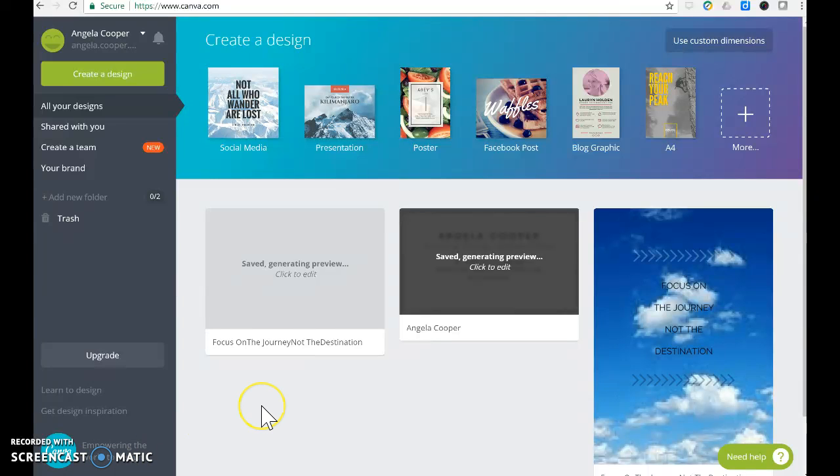Welcome. Today we are going to do a brief tutorial on Canva.com. Canva.com is a graphic design tool within an application. It's a fairly simple application to use, and you can use it in a lot of different ways. There is a free membership that allows you to do quite a few things, and then there is a paid-for